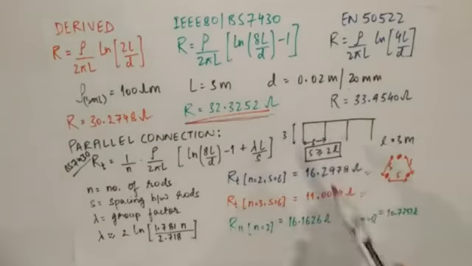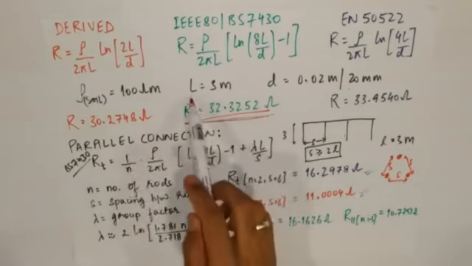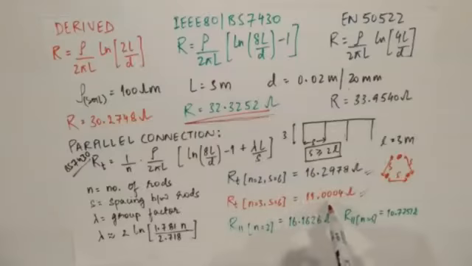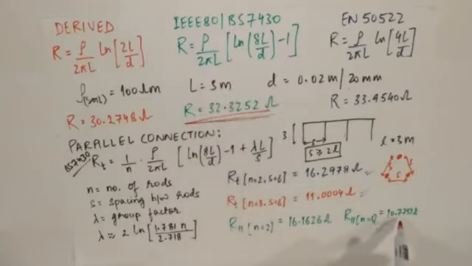Similarly, if you have 3 rods, put n equal to 3 and s equal to 6 in this formula. You first get the lambda by putting n equal to 3 and s equal to 6, and for the rest, L is 3, resistivity is 100, and d is 20 mm. The value comes out to be 11.004, and if you divide directly by 3, it comes out to be 10.7751. There are other cases also, like a tripod connection or a square type connection. For that, this standard BS7430 provides the formulas. You can refer to this.